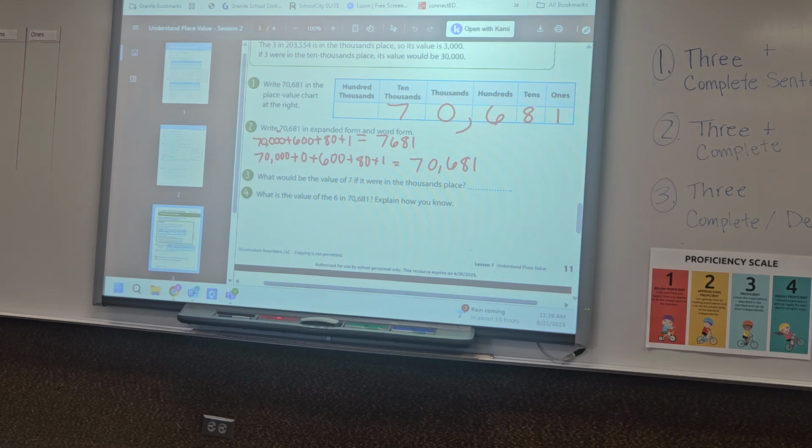As for word form, I think we're just going to read what you wrote down. And how many of you whisper read the number so that you could write it down? How many of you did that yesterday? Felix did. Yeah, that's much easier because I would just whisper read and say, oh, okay, it's kind of confusing to write it in word form. Well, if I just say it out loud, then I can write what I say. So if I say